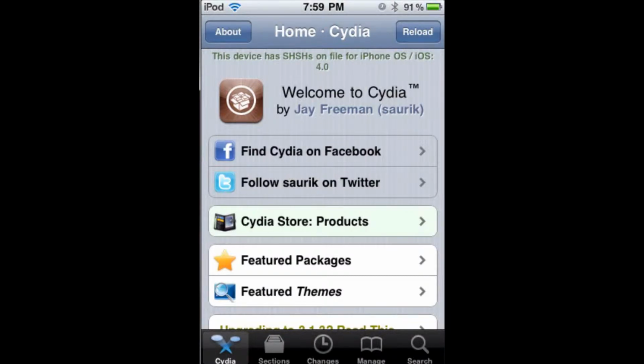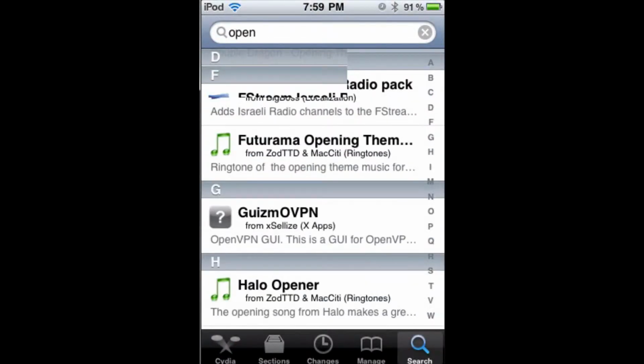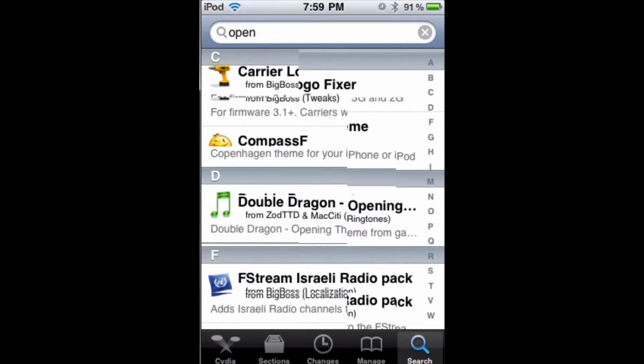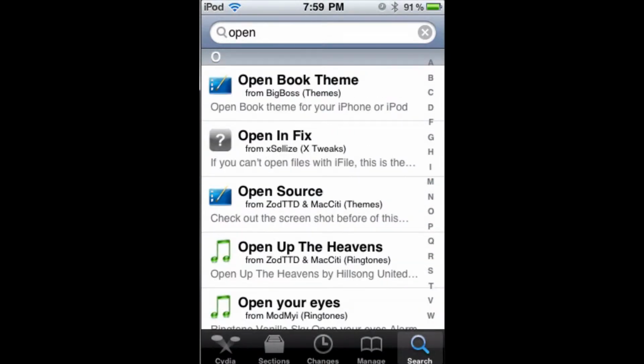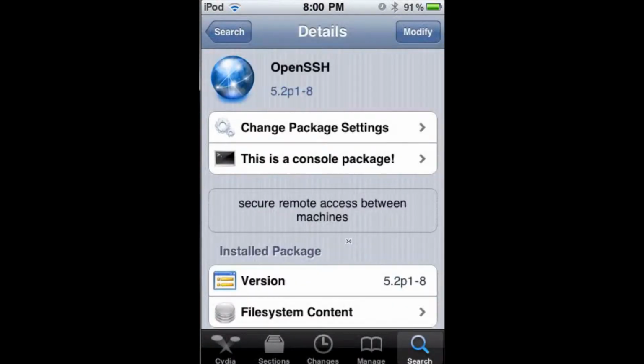First off, you'll just want to bring up Cydia and then go to the search tab and search for Open SSH. As you can see right here, you'll just want to click on that, and then where it says modify in the top right corner, it should say install for you. You'll just want to click install, and then